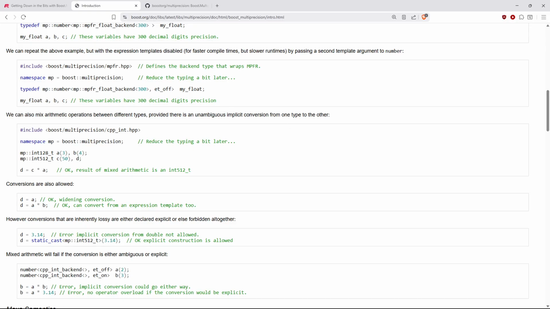You notice here that they are using the MPFR float backend. MPFR is a floating point big num library based on GMP. And the template argument there, 300, that is specifying the precision of the values that will be used